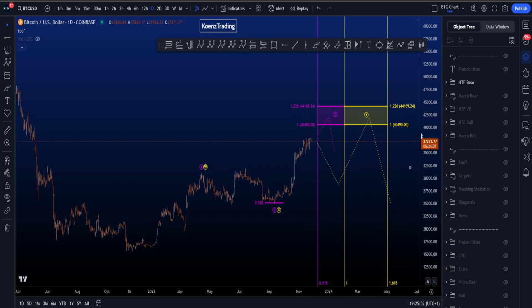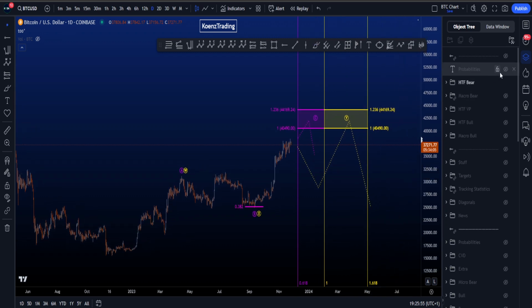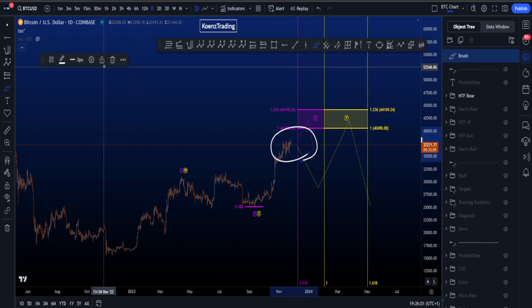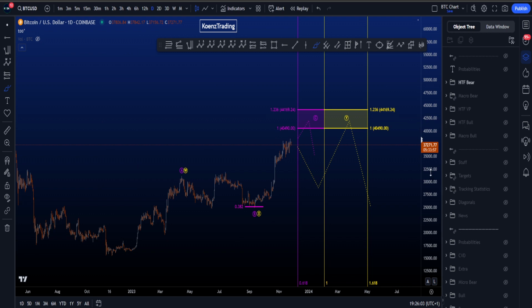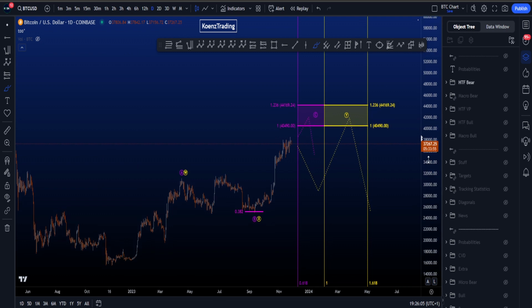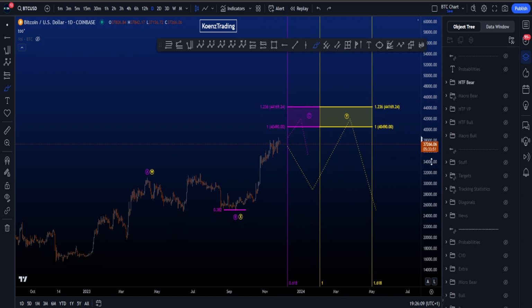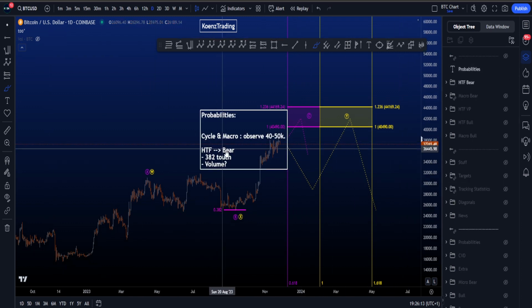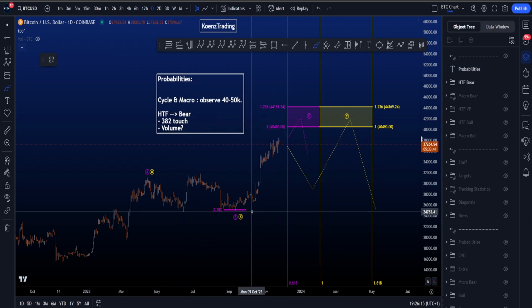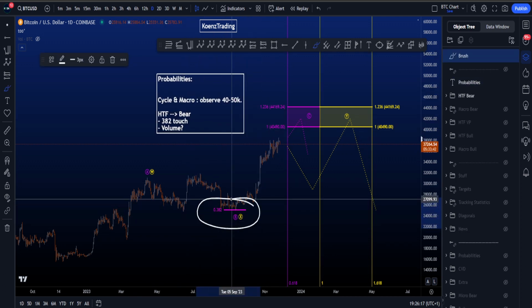Now, if we look at the probabilities of the different scenarios, we can actually keep it quite simple. I first like to say that, of course, the local price action and the daily updates I do, that's what's going to decide the probabilities on the higher time frames, right? The lower time frames are much easier for probabilities than the higher time frames because it takes so long. But if we do look at the probabilities, then very simply, this retracement to the 382 from an Elliott Wave